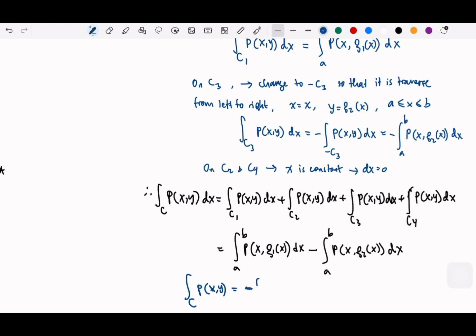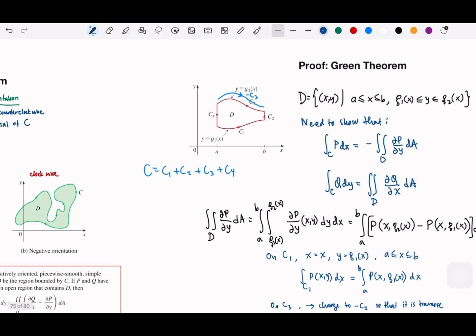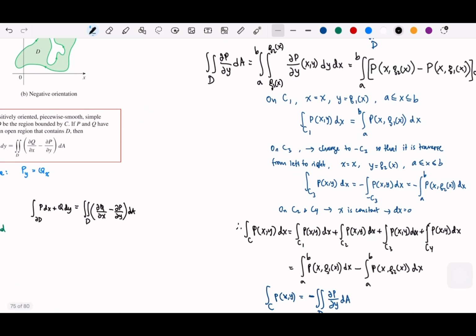So this could be equal d... and the same way we could get from the Q dx by taking the type 2 region. Okay, so for example, we first get this type 1 region,